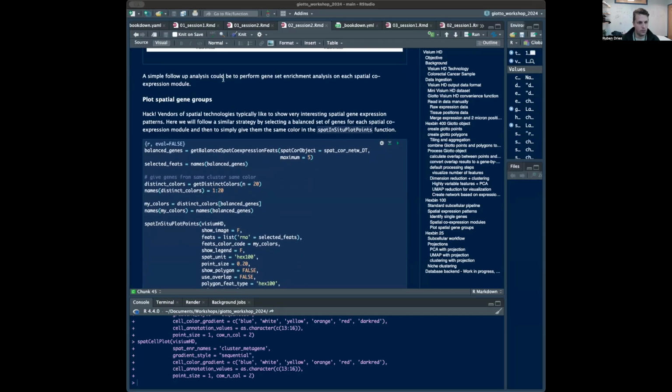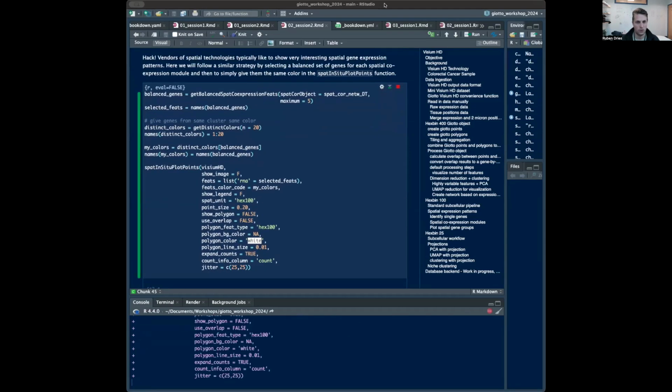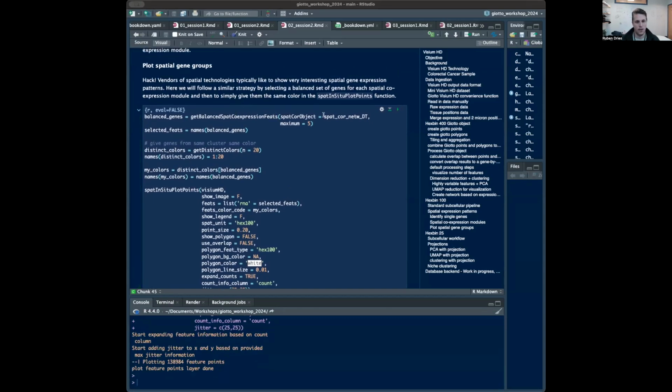All right, so that's that. I think I want to show this thing real quickly. I kind of like to do this for any projects that we're working with. Once you have that set of genes, that spatial co-expression object, you can get a